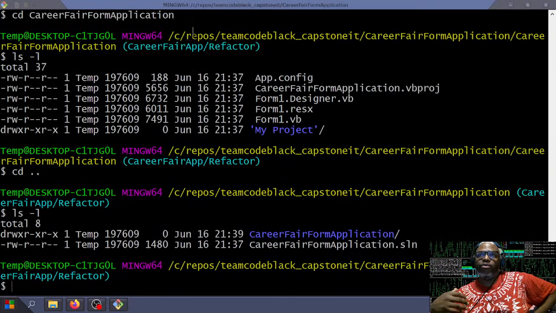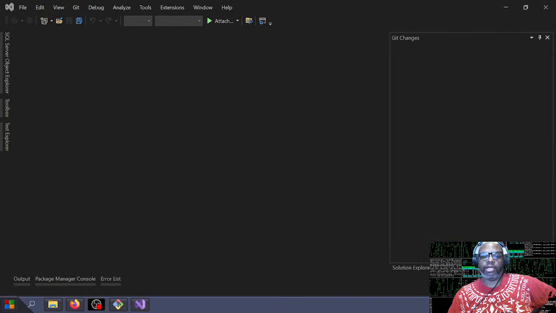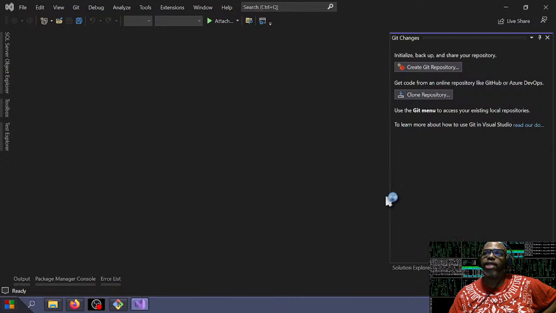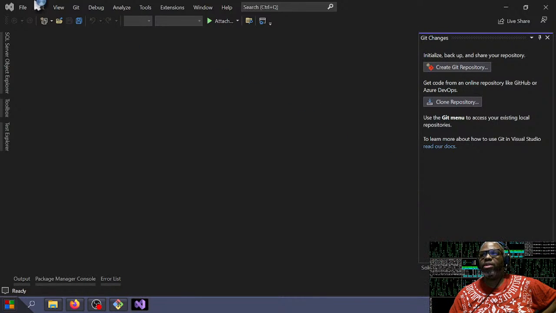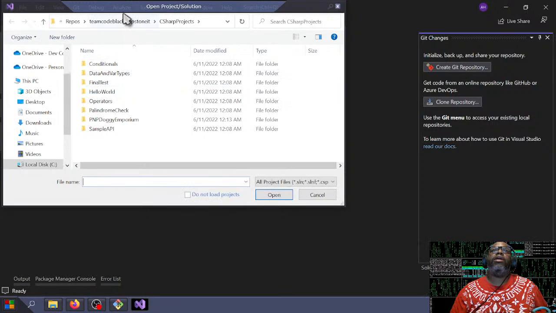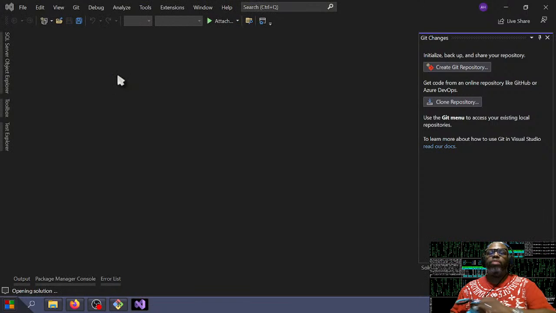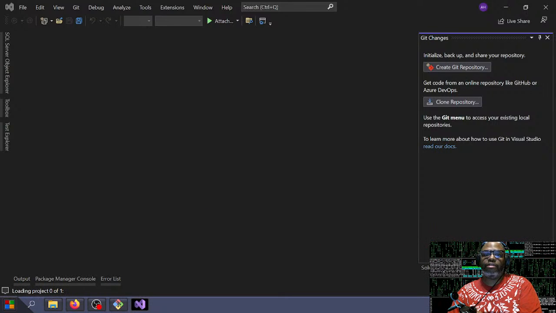Now, when I get ready to do this, what's going to happen is it's not going to like being opened up in such a new version of Visual Studio, because this application is extremely old now. I won't say extremely, but it's fairly old now. So let's do a file open, project solution. And let's go up to our team code black and come into our career form app, and let's see what happens here. We should get some kind of a .NET error or window,